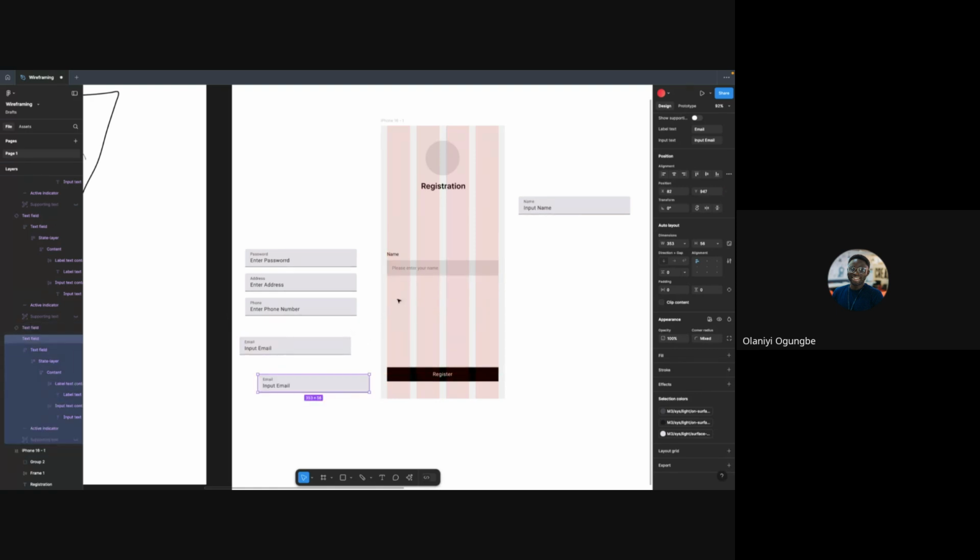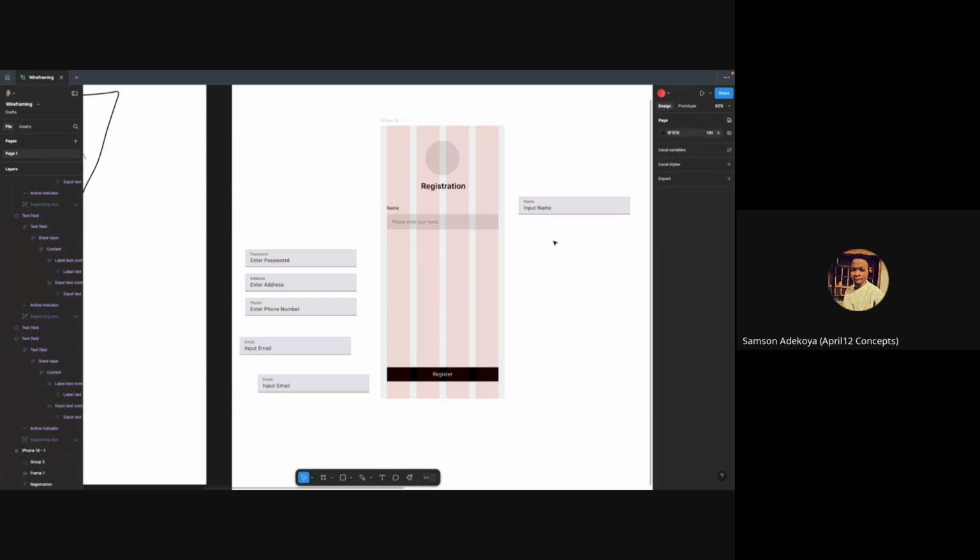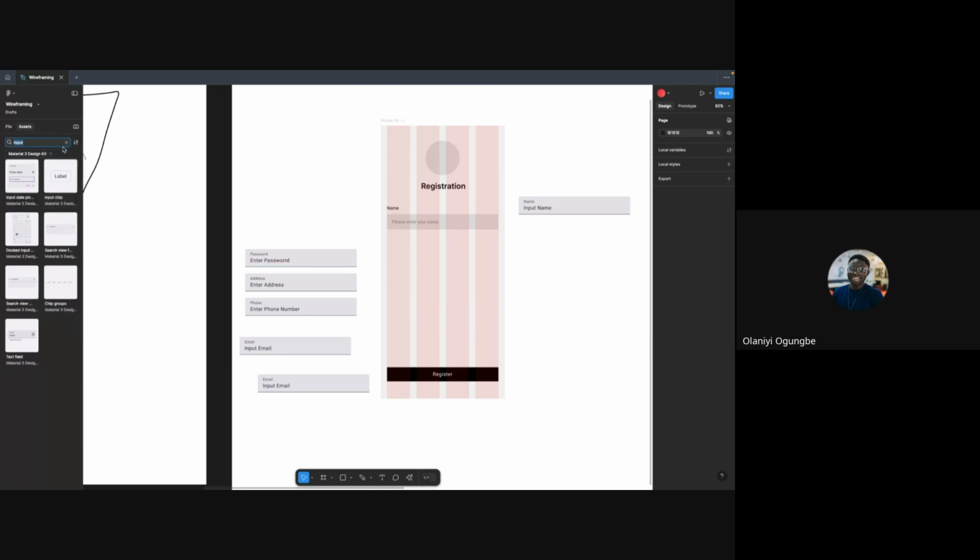So let's go back to it. We've been able to create this from scratch. Sir, you said that you saw a marketplace also. Is there a place that we can get it from in Figma too? Yes. Figma now lets you use UI kits from Google and Apple. They are pre-installed in Figma.